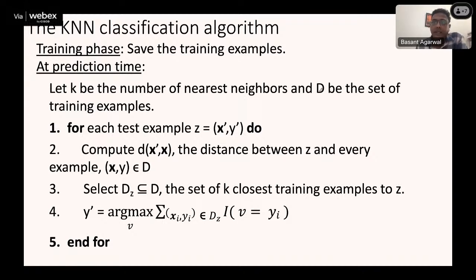So for k nearest neighbor, the value of k is given a priori, and this is the data set, which is a training data set. And when we want to classify a new sample, for each test sample, which may be denoted as z, x dash and y dash, x dash is the feature vector for the testing sample, and y dash is the label if it is given to us, so we can see what is the predicted value of the algorithm and what is the actual given